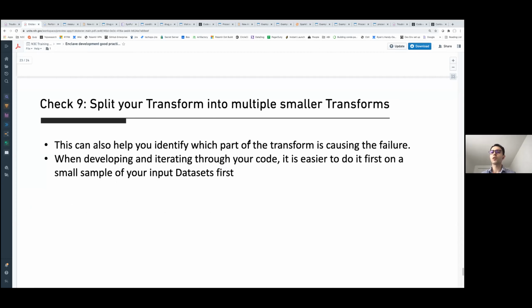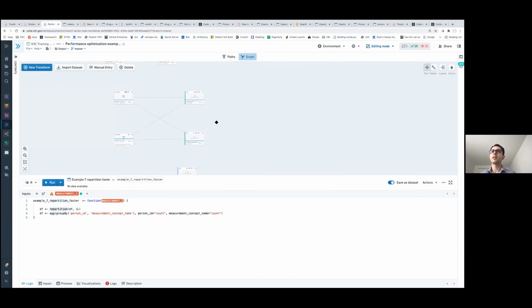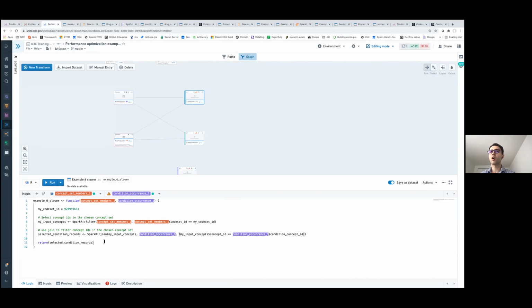When you have a function in Code Workbook, this is a smaller one, but you may have a function that does many things at a time, like filters, aggregations, then a join, then running a dplyr analysis, and doing some graphs. And you run that analysis and it's taking way too much time to run, or it's returning memory errors. It generally helps to split your transformations into different steps.